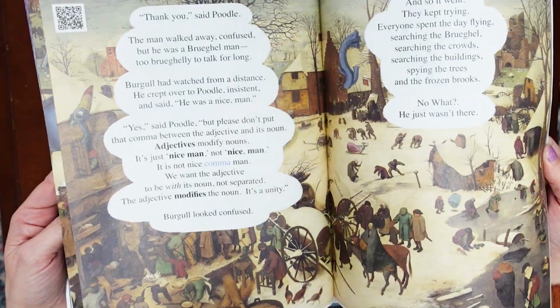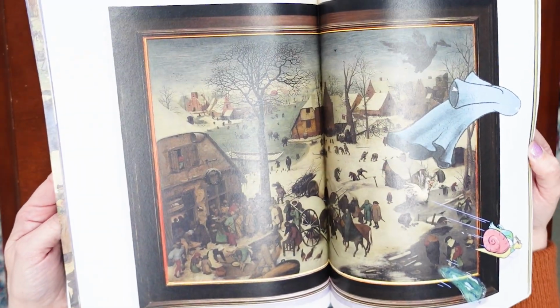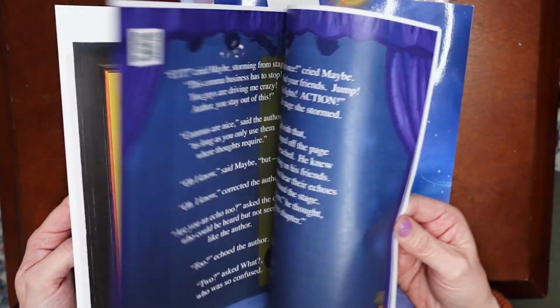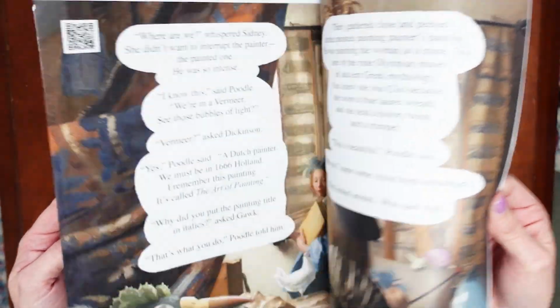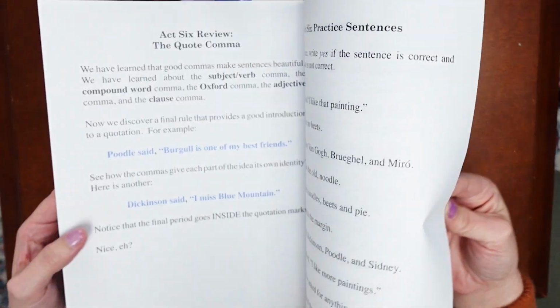Look at this. I love it so much. It's so pretty, and it goes over all different kinds of art, and I just love it so much. So we are deep in the throes of using the very